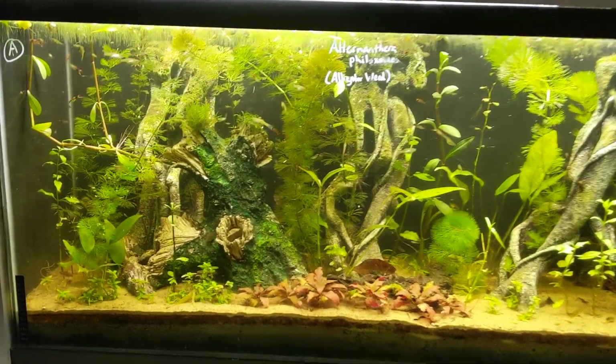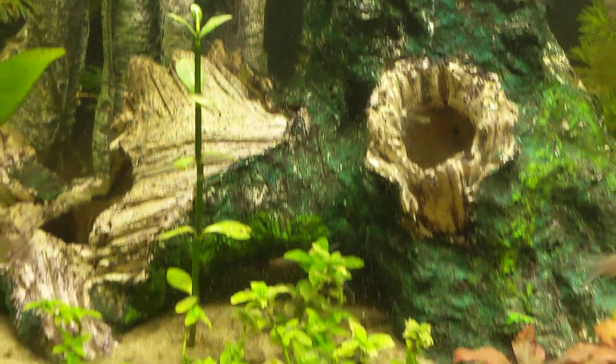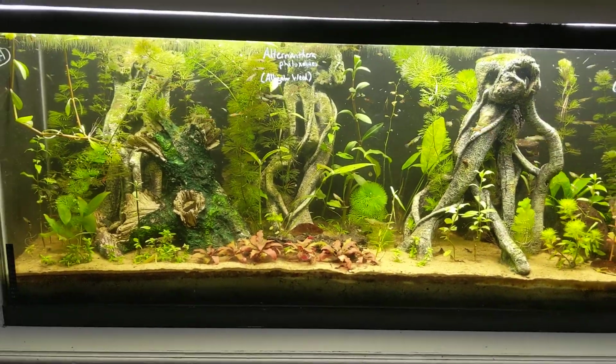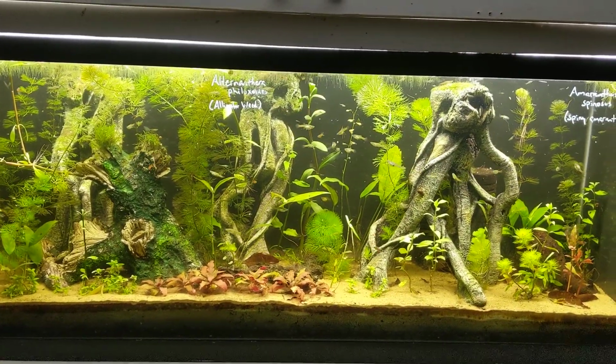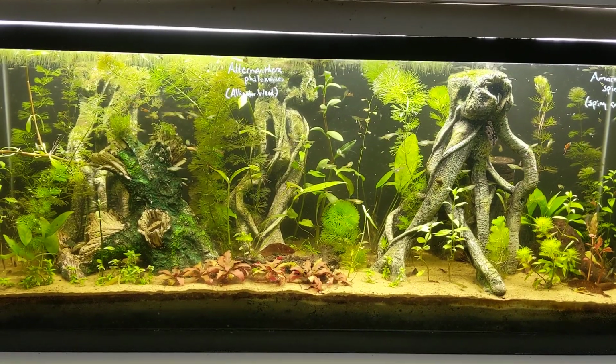Let me see if I can find one of those. There's a cory right there. And another. They're all reproducing in the tank. There are also glow light tetras in here. They're sort of hard to see in amongst the sea of endlers, but